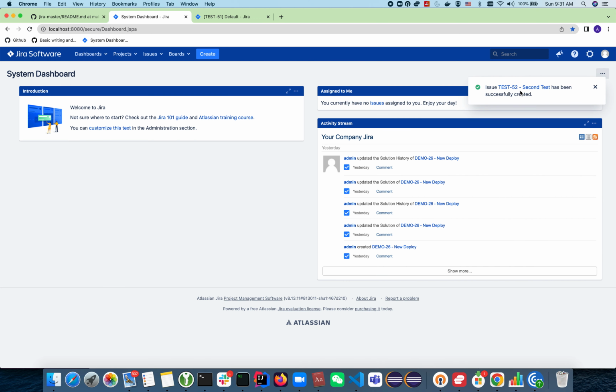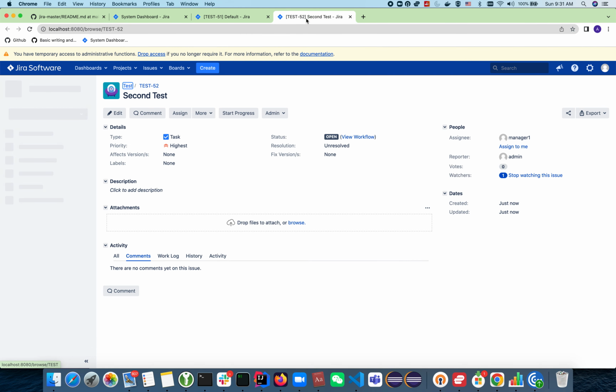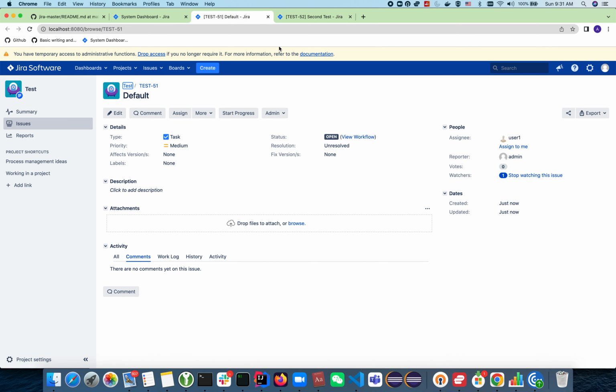I create the issue. If I open the issue, you see the issue was assigned to manager one. Instead, the first one I created was assigned to user one. So it was assigned to manager one according to some condition, right? Because this is what I required, because the priority is set to highest. Let's see what I have